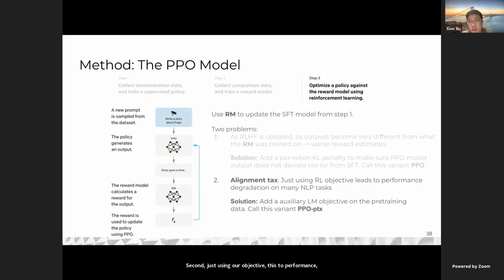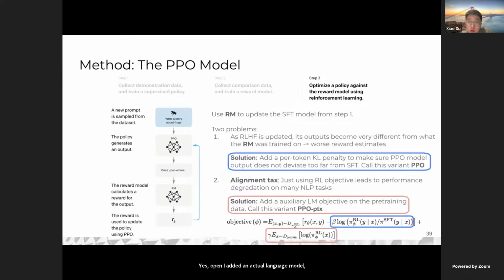They call it an alignment tax. Hence, OpenAI added an auxiliary language modeling objective on the pre-training data to alleviate the above two problems. Okay, let's see the loss objective. The first item is the PPO loss. The blue item is the KL penalty between the frozen SFT model, trained on the SFT data, and the PPO model. And the red item is the language modeling objective to make sure the model does not deviate too far from